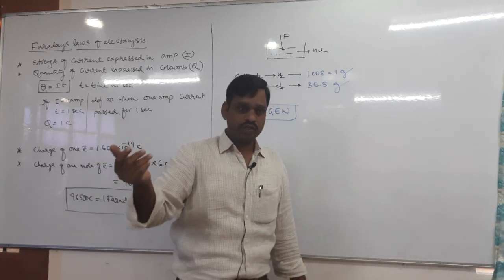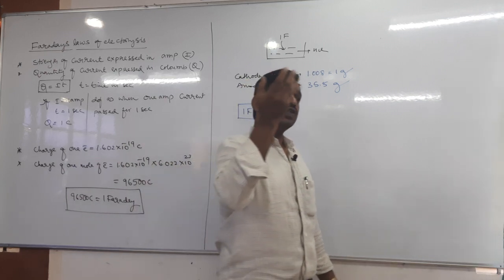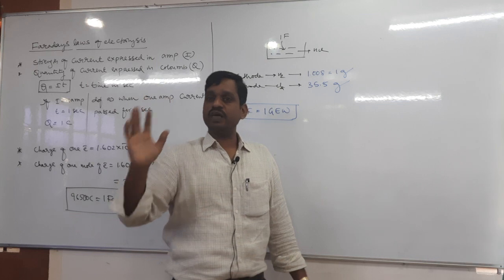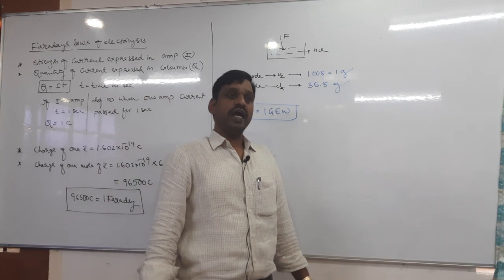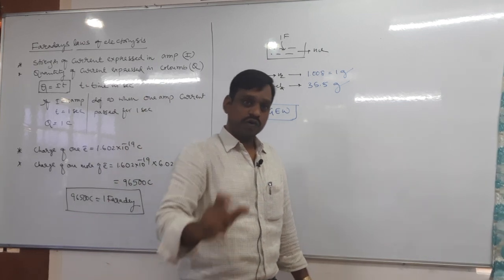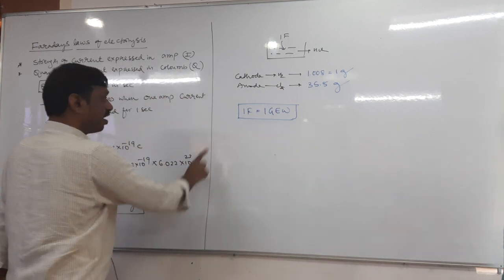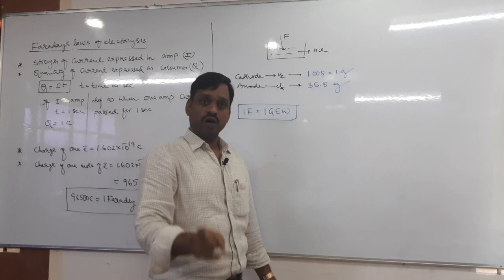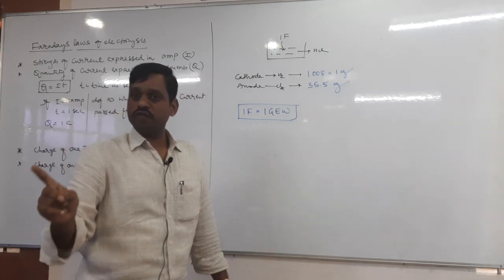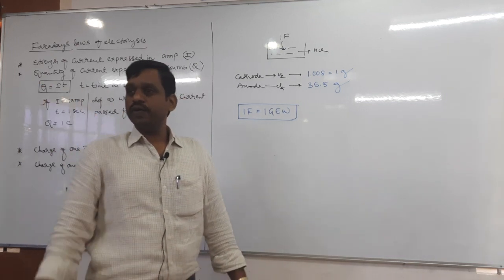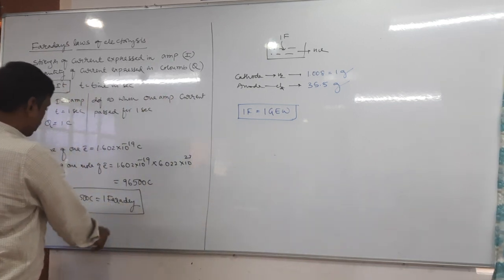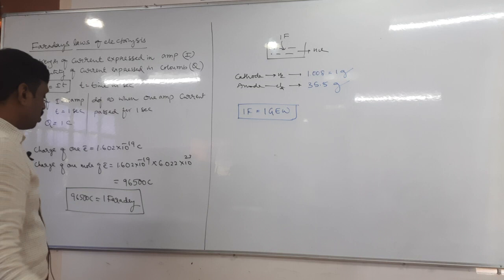You have studied redox reactions, no? 23 grams of sodium deposited. How many grams of chlorine? 35.5 grams of chlorine liberated at the anode. Right? Therefore, in that way this 1 Faraday is very, very important. 1 Faraday always liberates or deposits the gram equivalent weight of a substance at the cathode and anode. Okay? Have you done this? So 96,500 coulomb is called 1 Faraday.